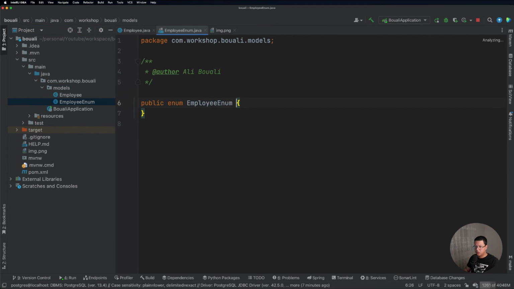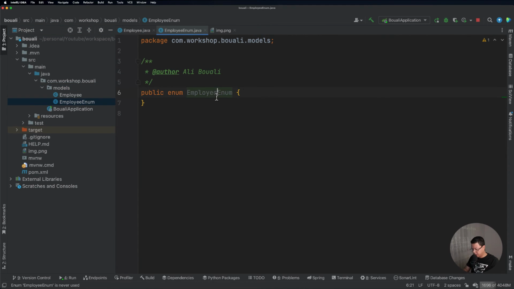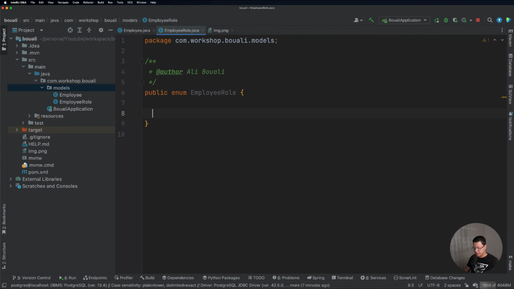So, sorry, not employee enum, but employee role. Let's just call it employee role. And in this enum, we will have role user and role underscore admin. So we have two roles here. One is user and one is admin.